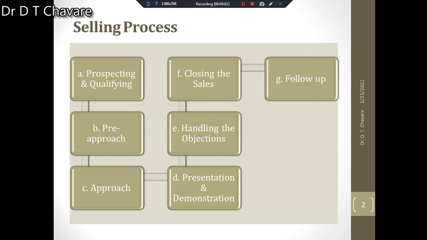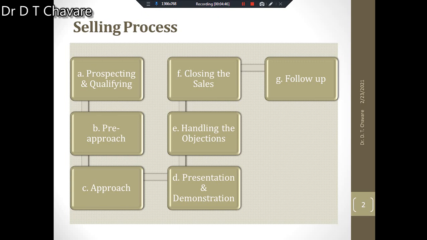Then another formula is also used for making sales effectively. What formula is there? The AIDAS formula. This formula is prepared by taking the first letters of each term included in the formula. The expansion of this abbreviation gives us the full form: attention, interest, desire, action, satisfaction. It means that A stands for attention, I stands for interest, D stands for desire, A stands for action, and S stands for satisfaction.